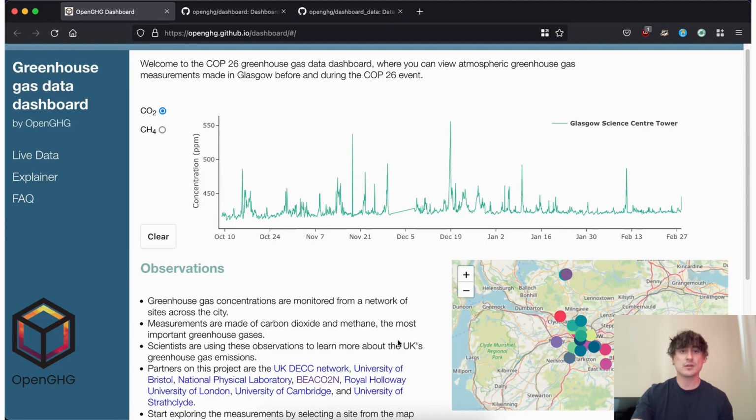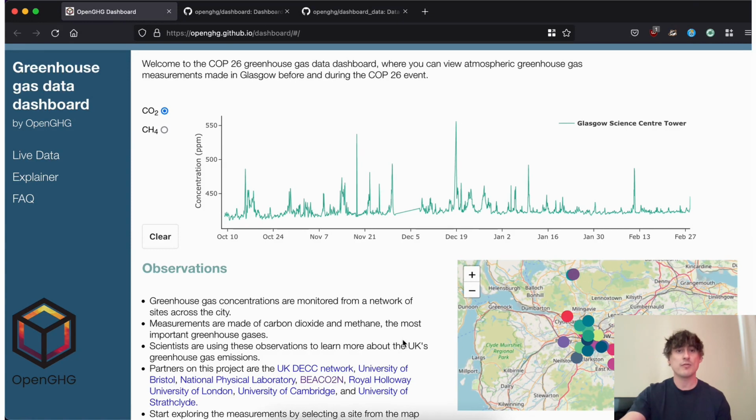And this is a short video of the dashboard. You can see here the dashboard has a plot of the carbon dioxide at the site. This is Glasgow Science Centre Tower. You can select methane and CO2 data. So there's a range of